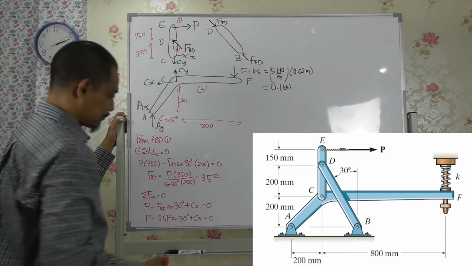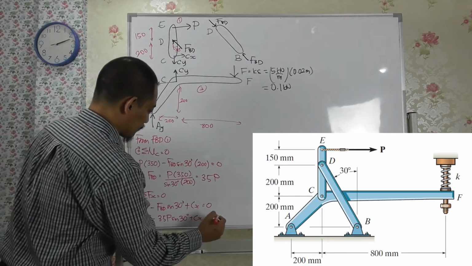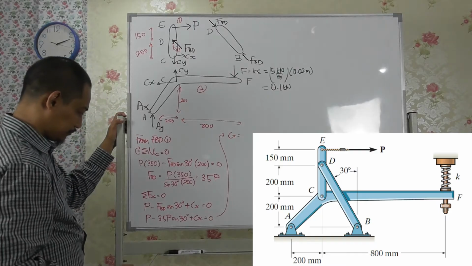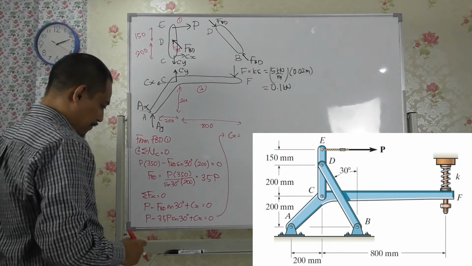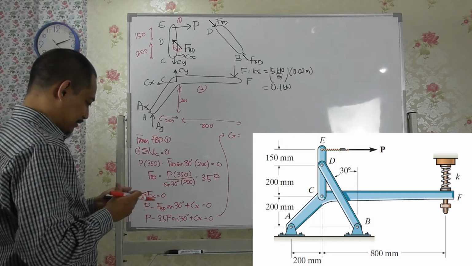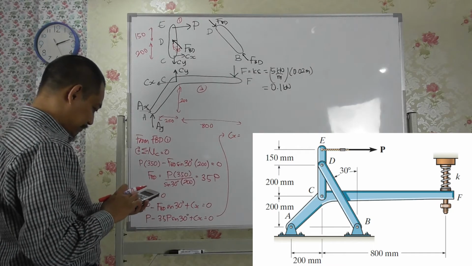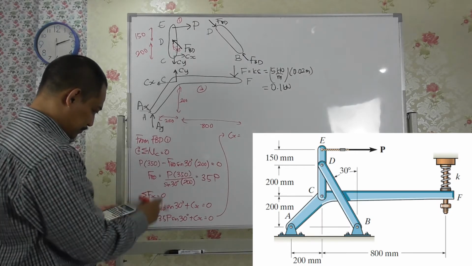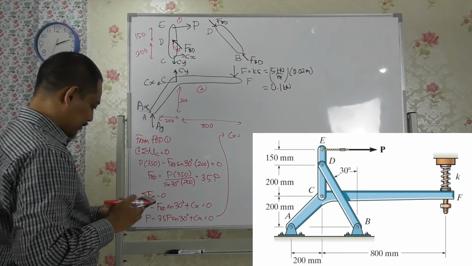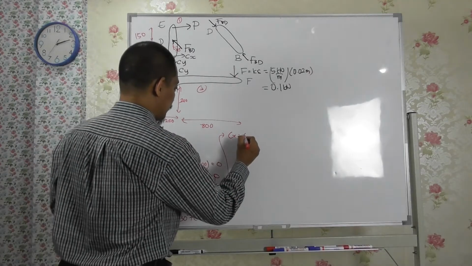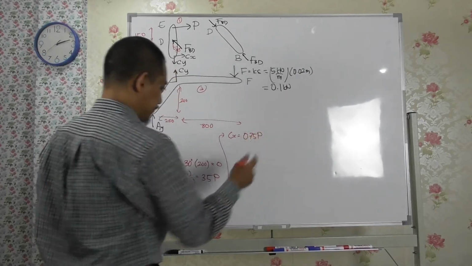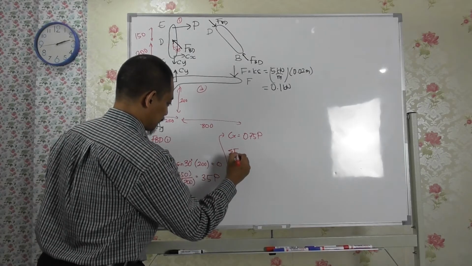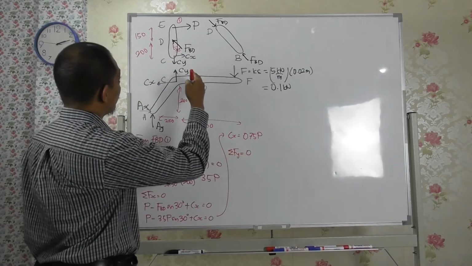So meaning from here, if I continue here, Cx will be 3.5 sine 30 minus 1, right? 3.5 times sine 30, when bring over there minus 1 becomes 0.75p. Alright, leave it there first, and then if you do summation of fy equal to 0, then you have